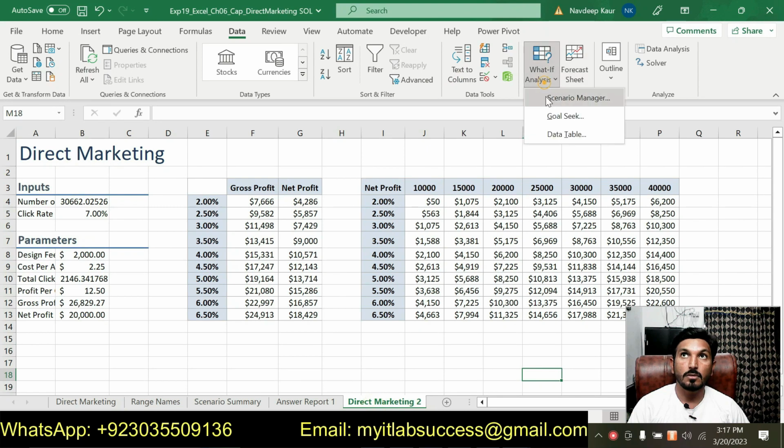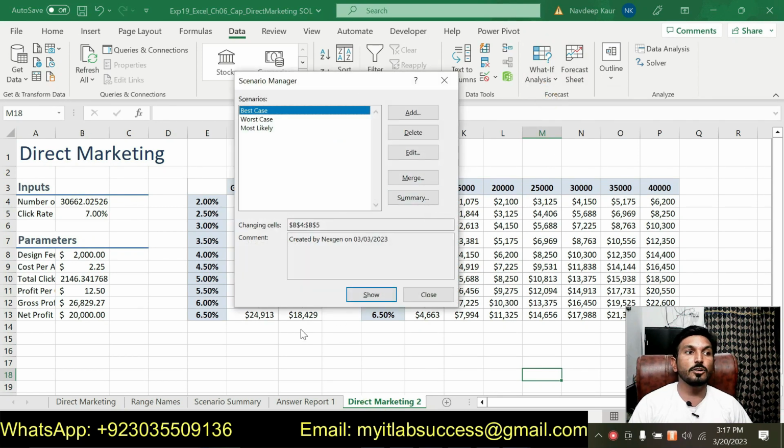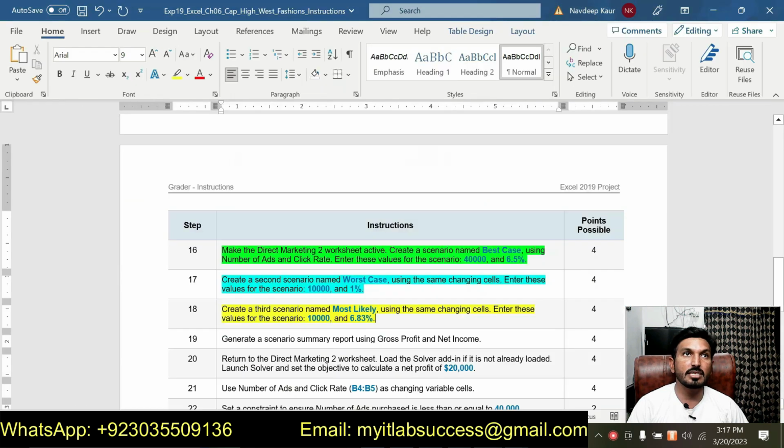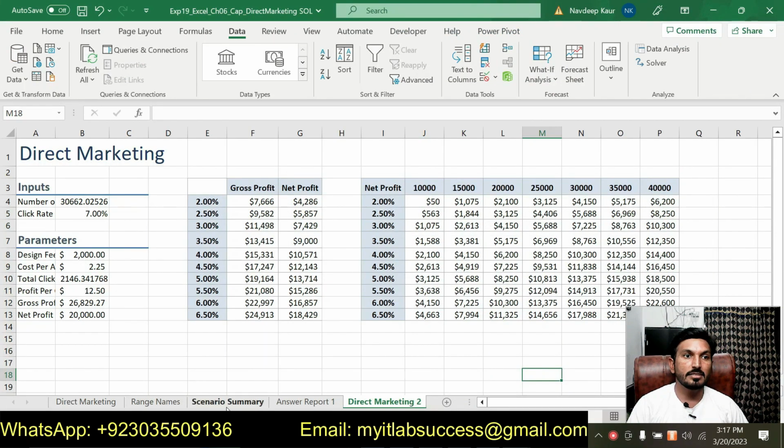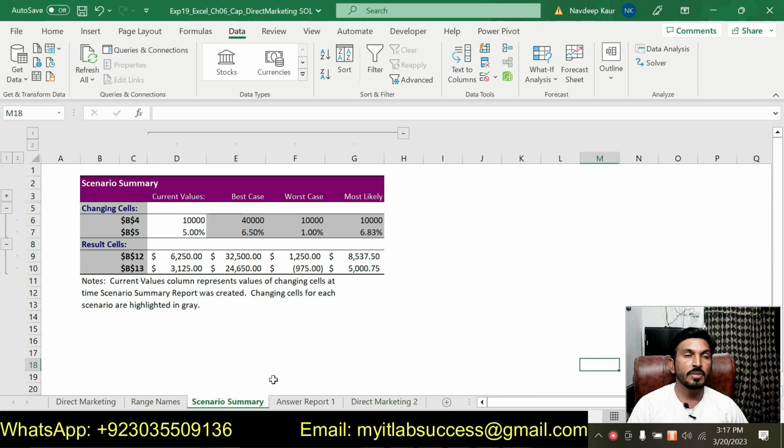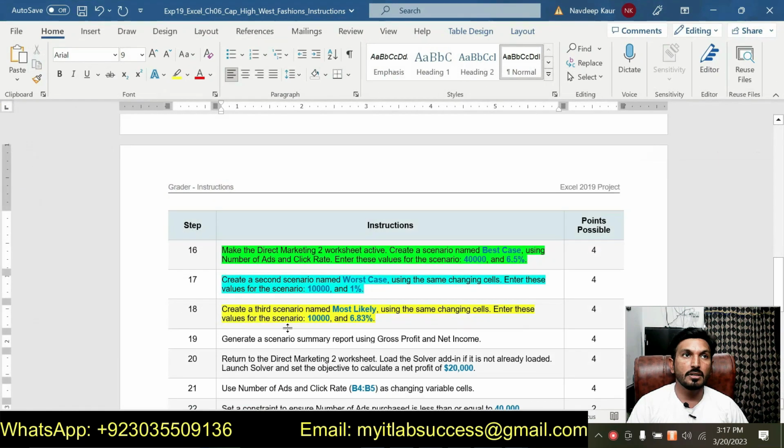So these are three scenarios I have created: first one is the best case, second one is the worst case, and third one is the most likely case. So when we create these three scenarios, then we will generate a summary report that will be called scenario summary. So I have created these three scenarios based on these requirements given in step number 16, 17 and 18, and after that I generated the scenario summary report. This is the scenario summary report. So that is all about step number 16, 17, 18 and 19, because step number 19 is about creating the scenario summary